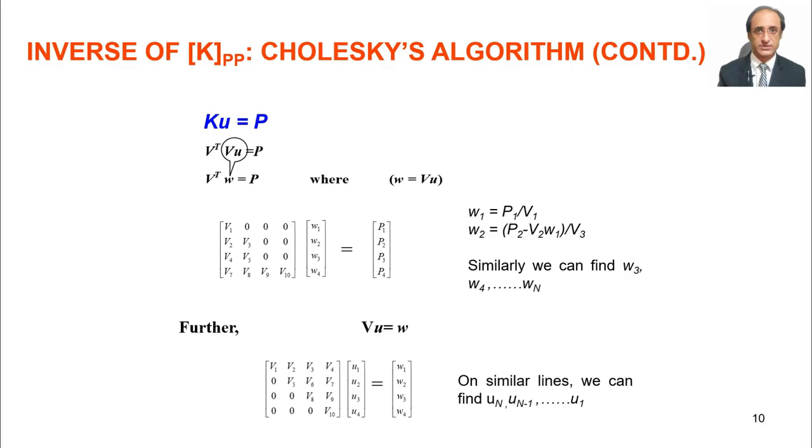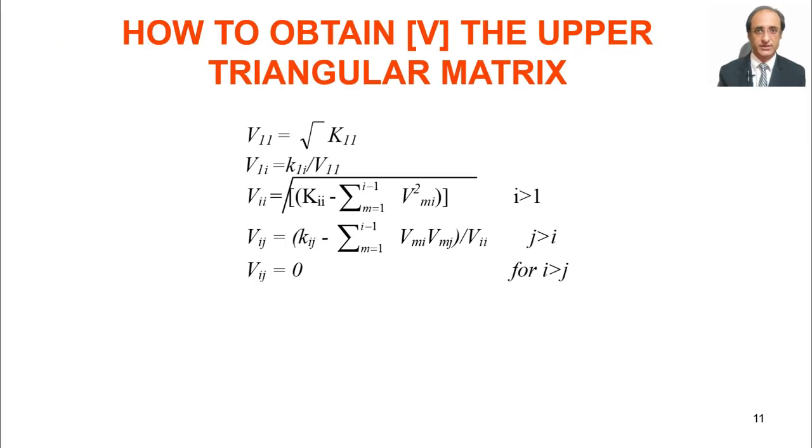But then the $1 million question: how do we convert this K into V transpose V? How do we do that? That we have not answered. So that is provided by Cholesky. Cholesky was a Russian mathematician. He basically formulated this technique called Cholesky's algorithm. So this is the crux of Cholesky's final